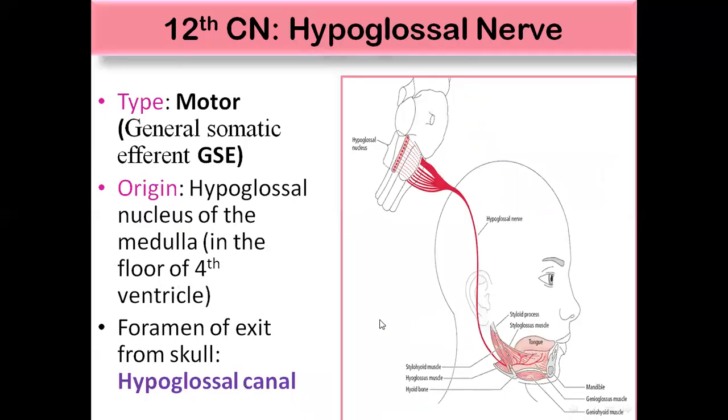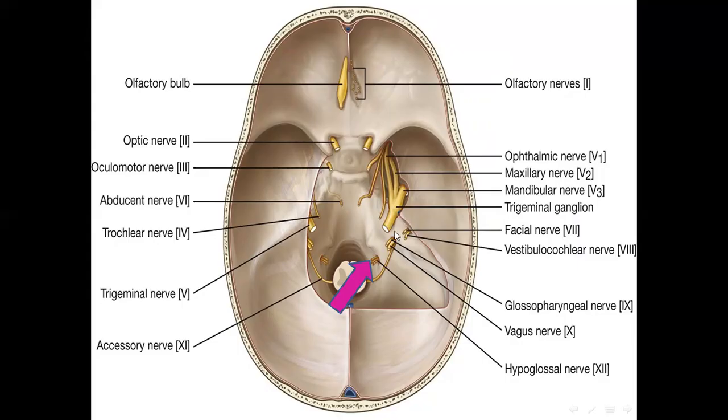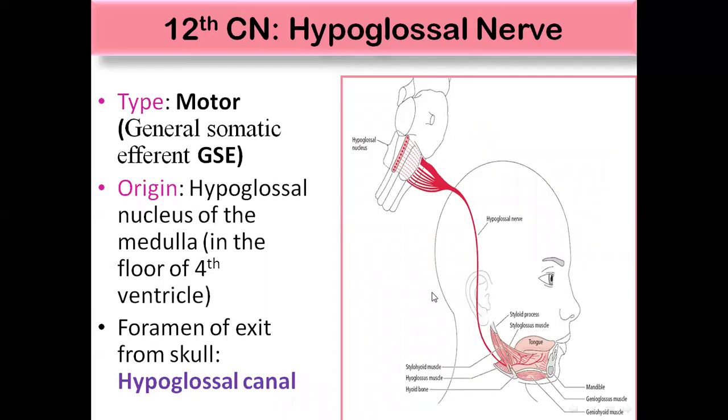Basically, it is attached to the medulla oblongata. So this is brainstem, midbrain, pons, and medulla oblongata. You will see various rootlets which are attached to the medulla oblongata. From there, they all join to form the single nerve root, which enters the hypoglossal canal to come out, right? Once it comes out through the hypoglossal canal, it goes and innervates the muscles of the tongue, right?